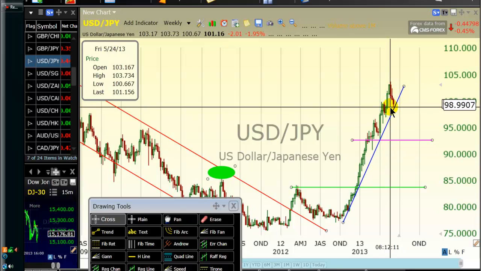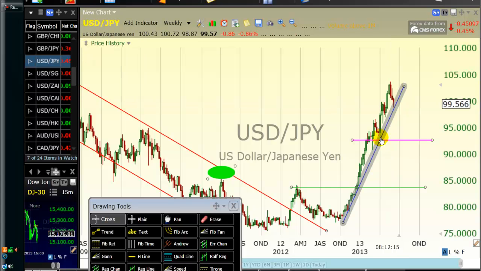Okay, 98.99. That's the first target. It did the same thing earlier on around this zone. It's doing it again, touching it again here. Now, if this currency pair breaks below or closes below this blue trend line, the first target is this one,